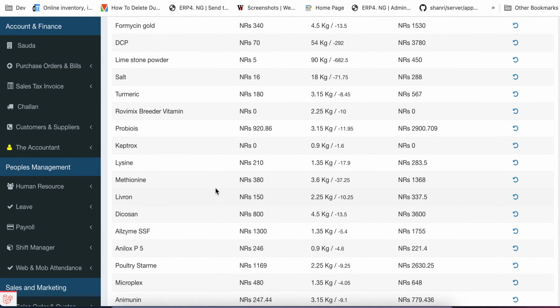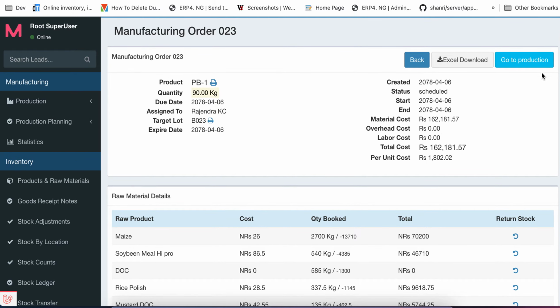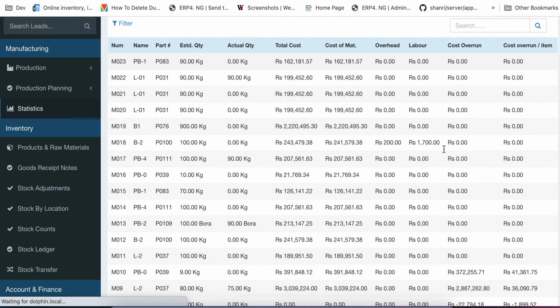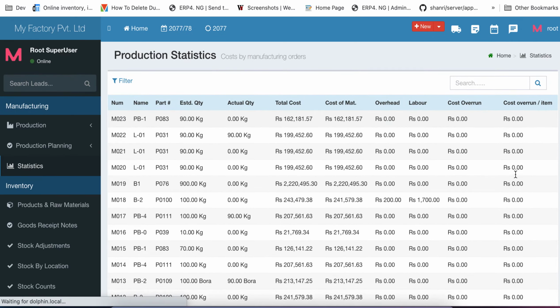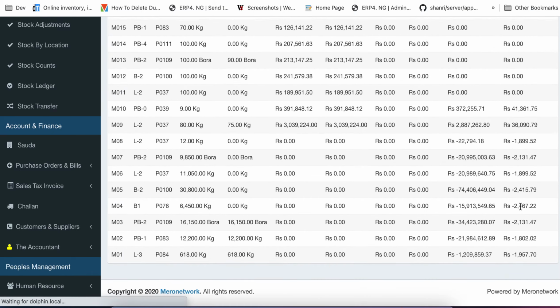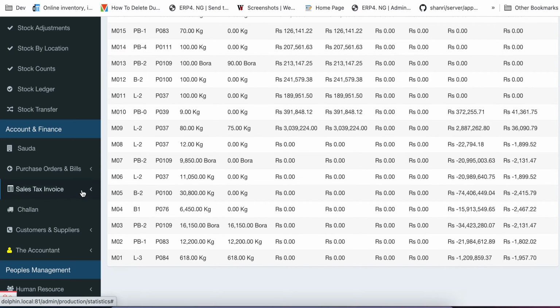Okay, and then we can go to the production. Once everything is done, it will show you the statistics. For example, these are the numbers, then manufacturing numbers. So it will show you if there is a cost overrun. These are the cost overruns, and then you will see